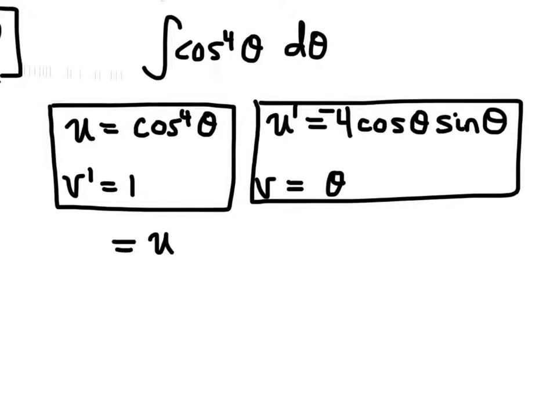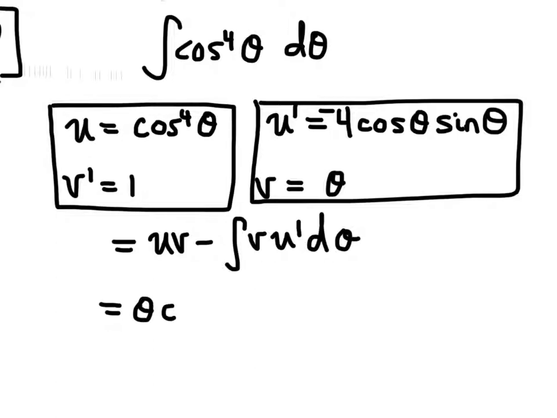So integration by parts, the rule says the following. And we figure out what we had here. So we have theta cosine to the fourth of theta minus the integral of theta